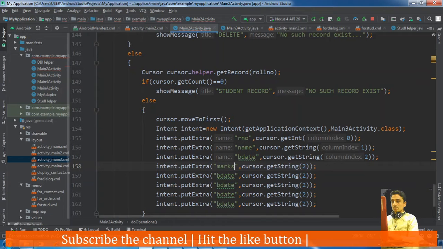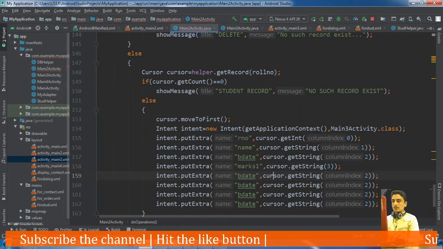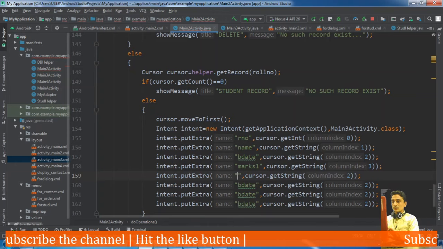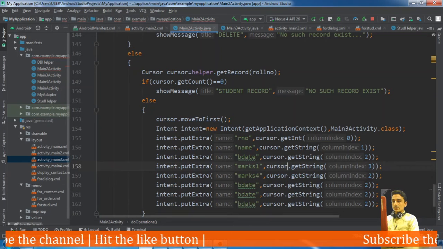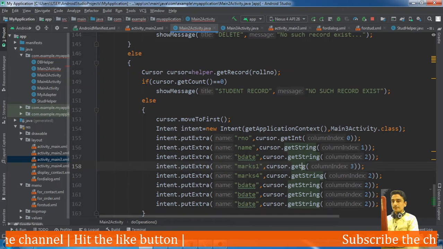Here marks 1 is the third column, an integer column.